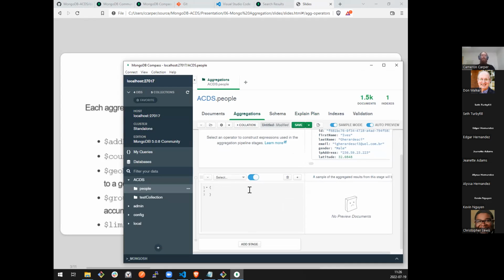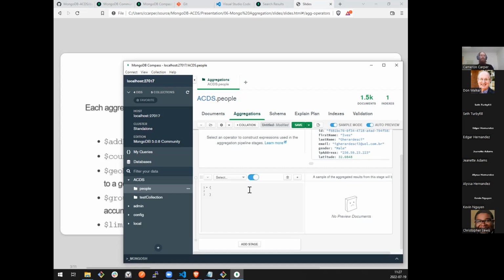I want all the documents in my collection to come into this aggregation stage. And then I want to filter it down so that only those with age greater than 30 make it to the next stage. So effectively the same as doing a find where age is greater than or equal to 30.